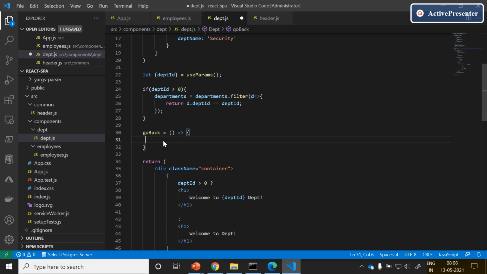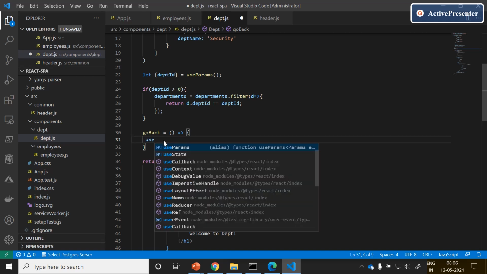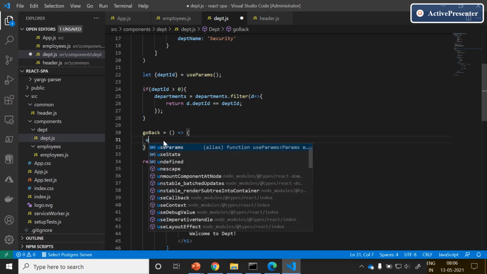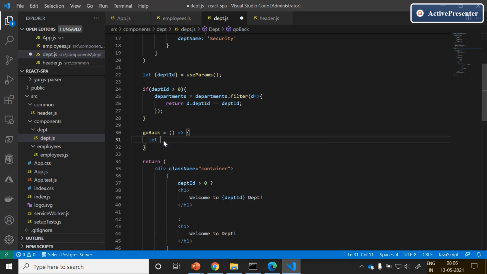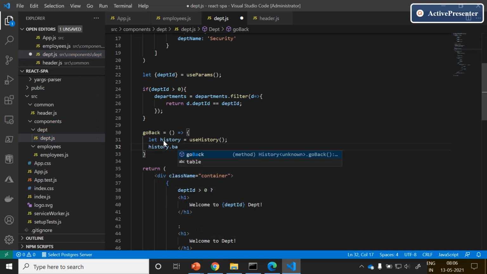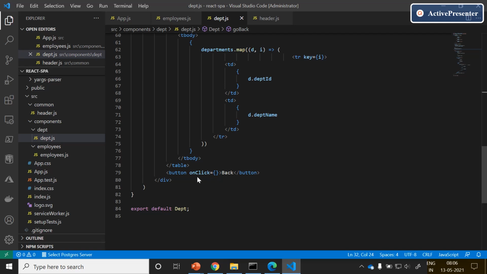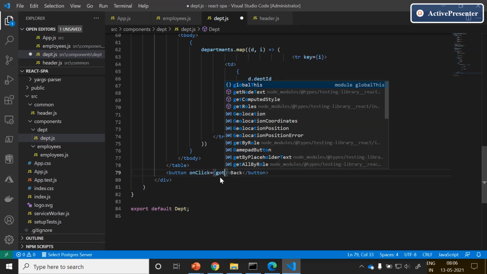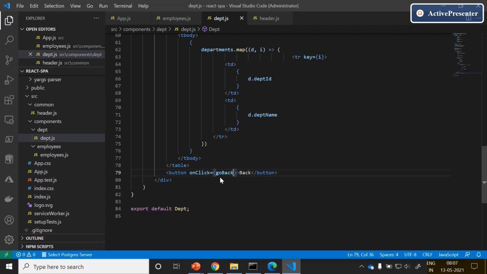Now go back, try to use useHistory: let history equal the useHistory method. From the history, just use the goBack method. Scroll down to our back button and add the goBack method here.